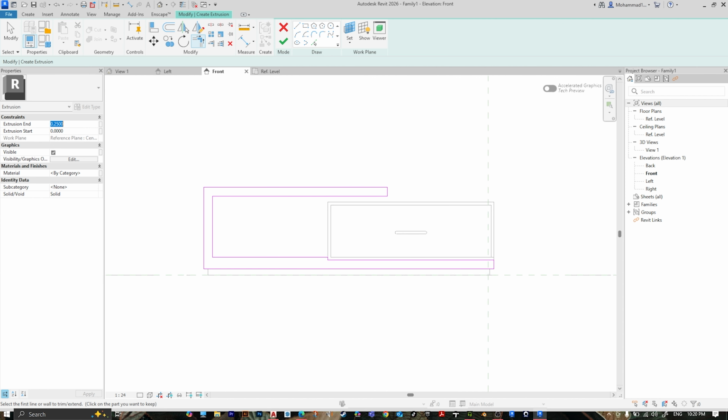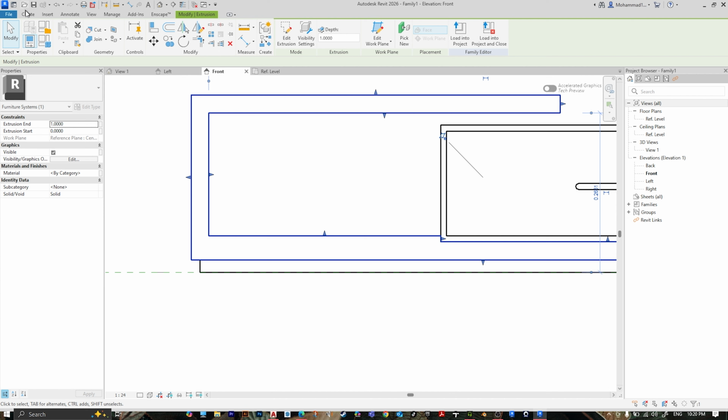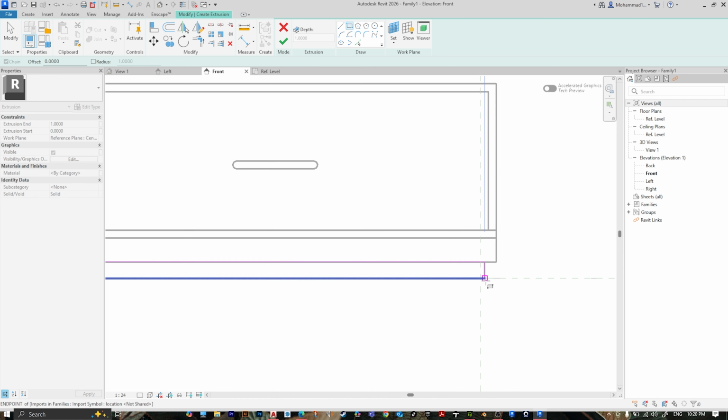The extrusion end, I want it like 1 meter, then press finish. And this one also the same, create extrusion, rectangle, and this point to this point, the same 1 meter, then